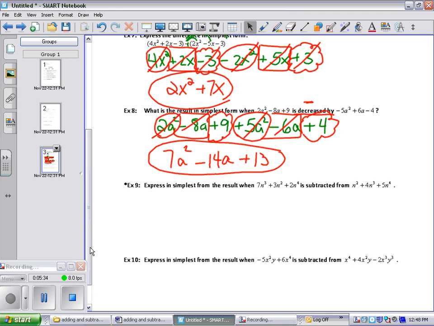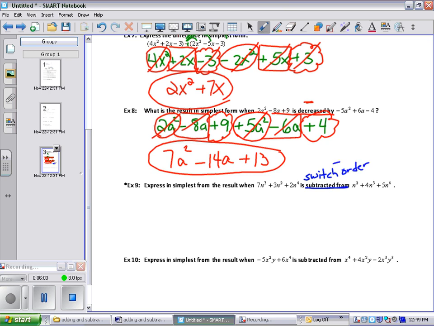Nice job. Okay, so number 9 is a difficult one. There's a little star next to example 9 because we have a special word in example 9. If anybody can pick out what that special word is, if you remember it from our translating unit, subtracted from. Remember, subtracted from means we switch order